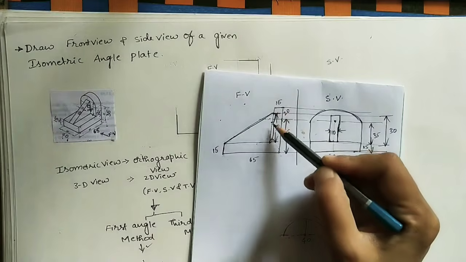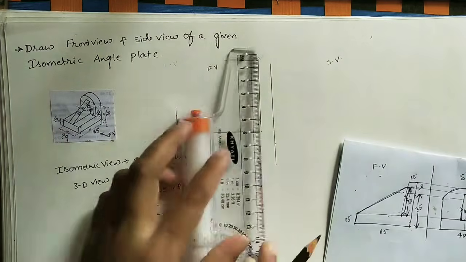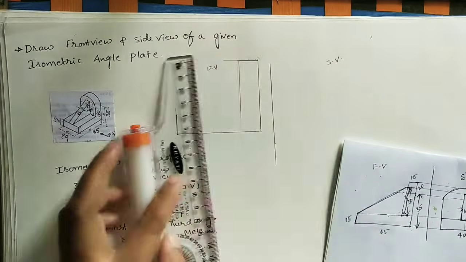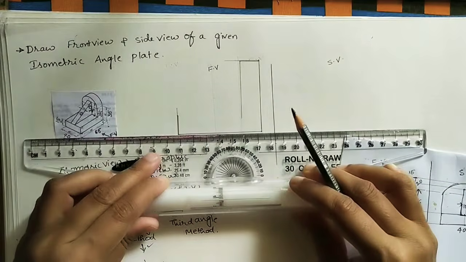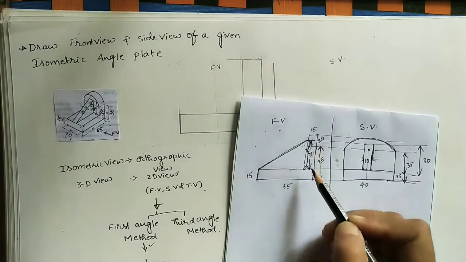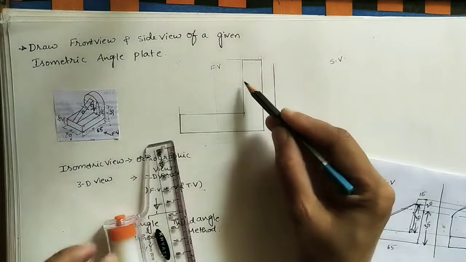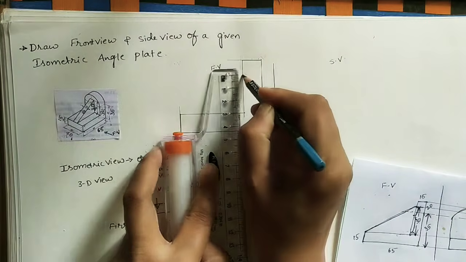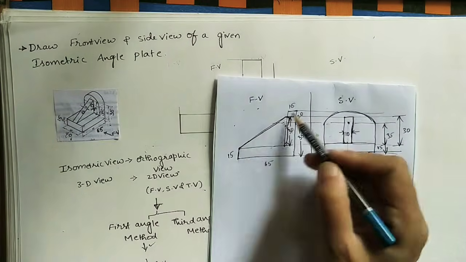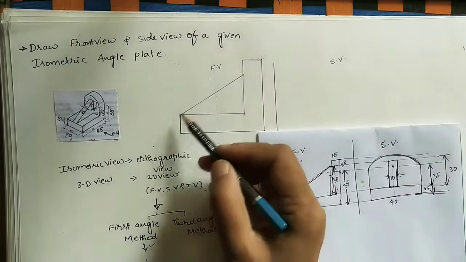Here at this point draw the vertical line, at this point draw the horizontal line, and take the intersection point. Take this as the reference line. Now we have made this L shape. After that, mark this point, it is 30 mm from this corner. So from this corner mark 30 mm, it is the end point. Join this point to this point to get the slope, giving the L shape with slope.